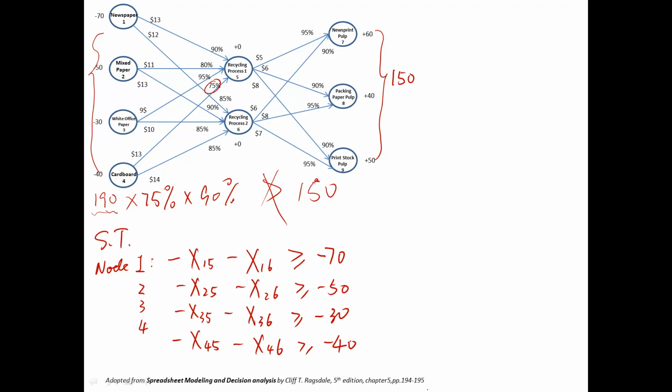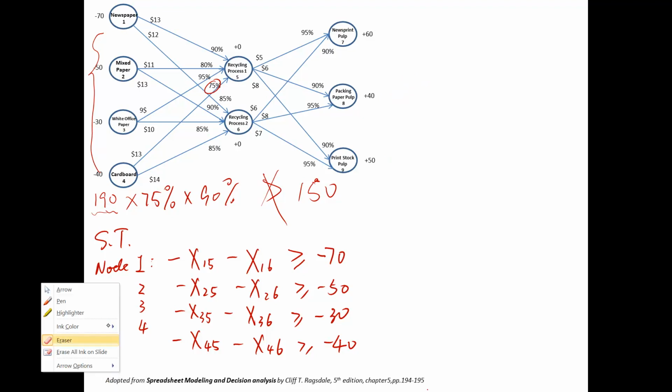So these are the supply nodes. And for the transshipment node, for node 5,